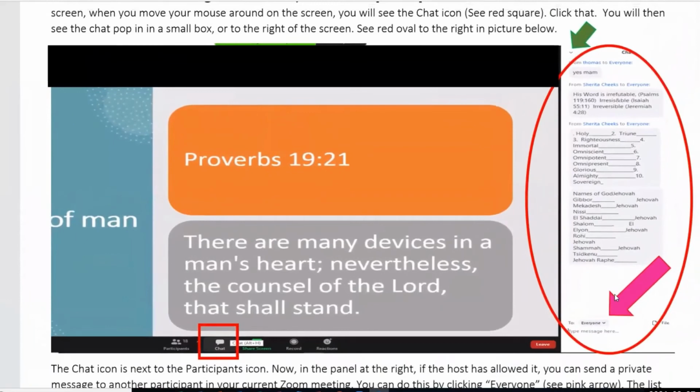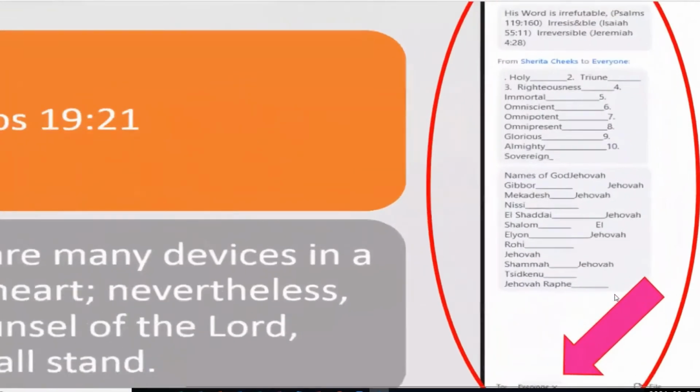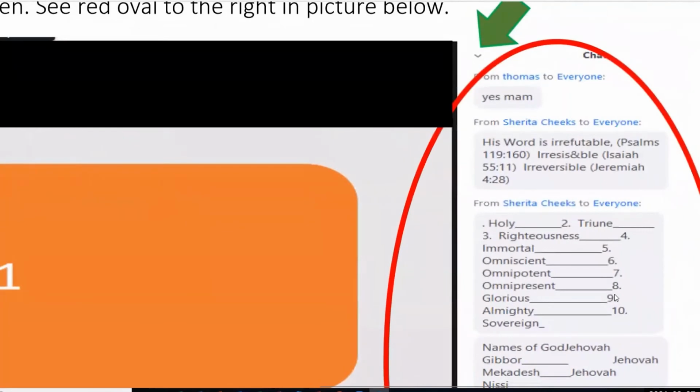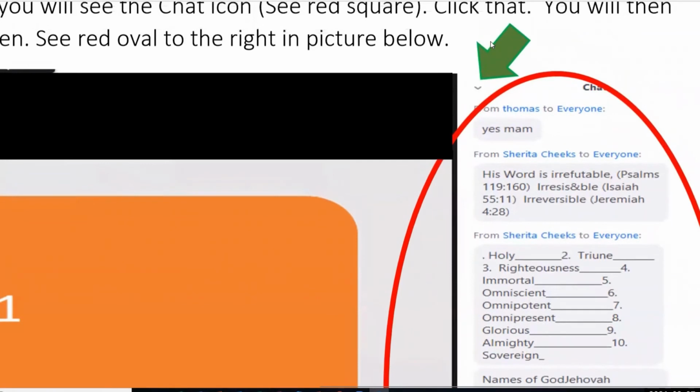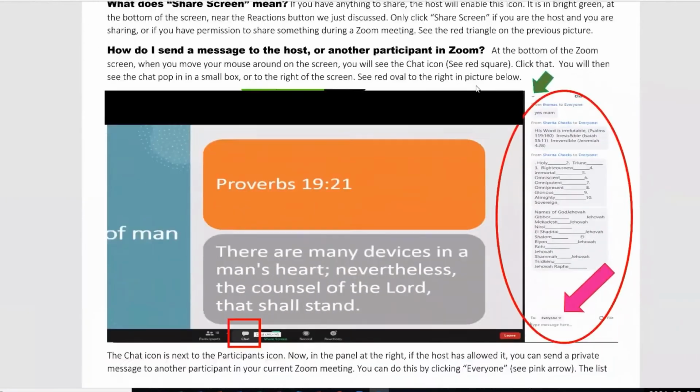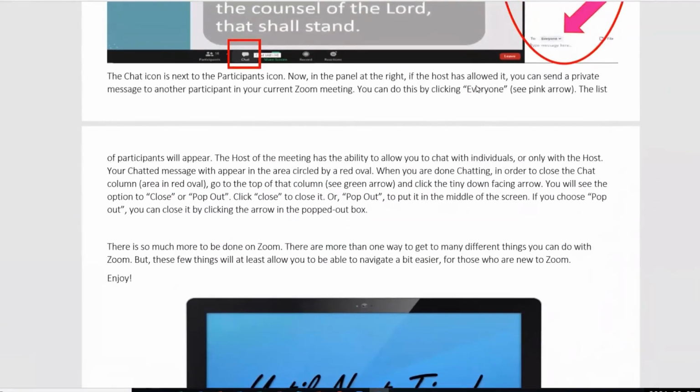Another thing, once this chat column pops up, you might want to not have that up the whole time. So if you want to get rid of it, where I have this green arrow, there's a little tiny arrow right here. Again, any of these little arrows in Zoom means there's more fun to be seen and be had. So if you click on that little arrow,